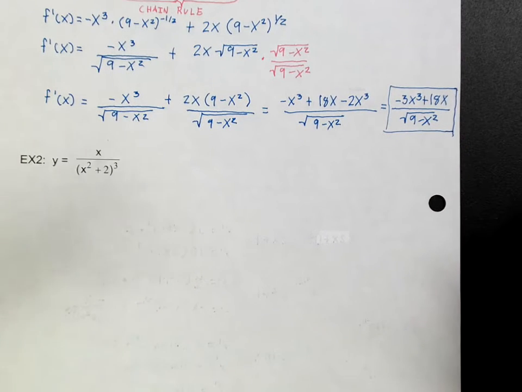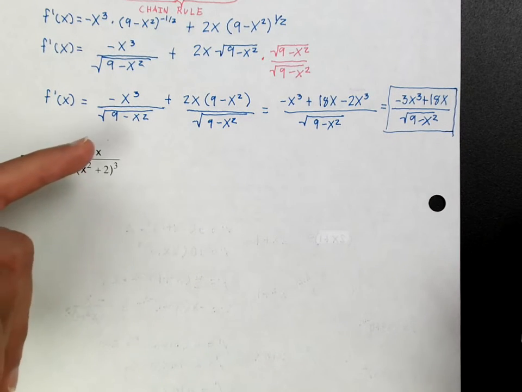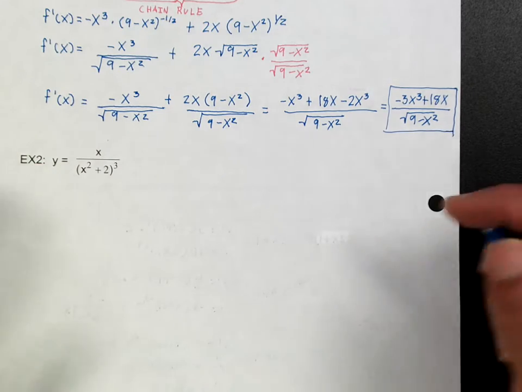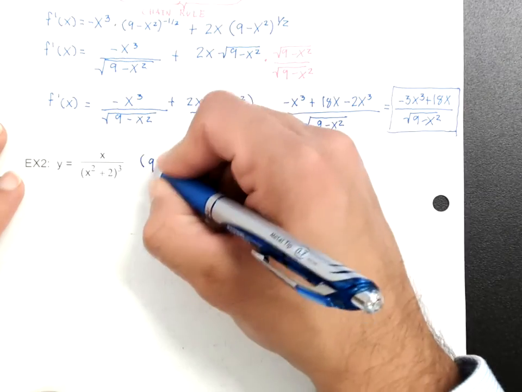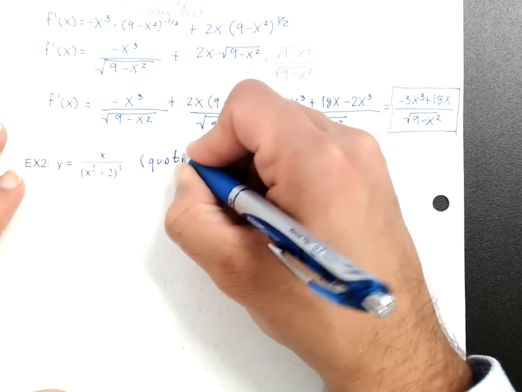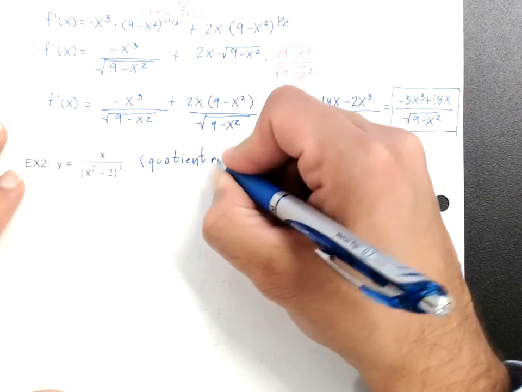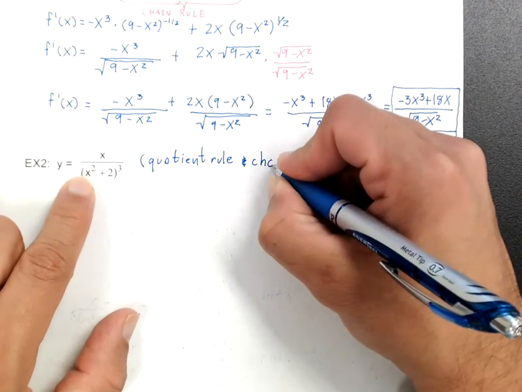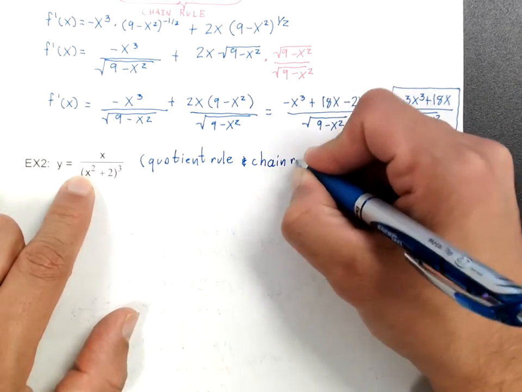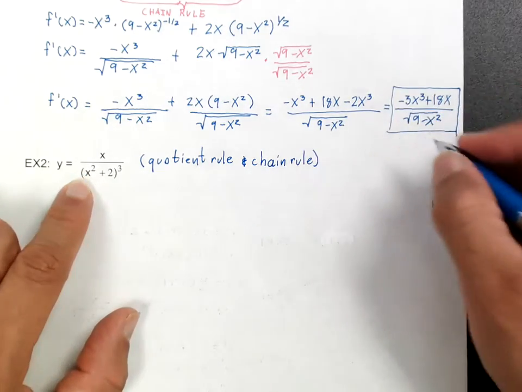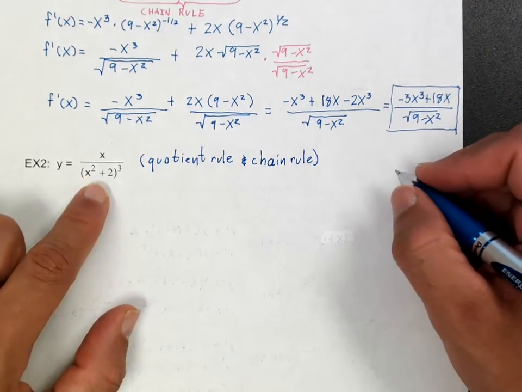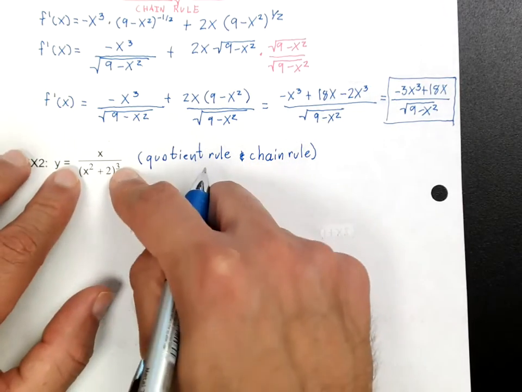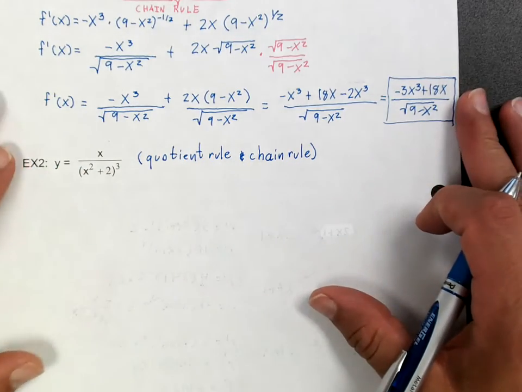Now the next one, if you look at it, I have a quotient rule here. I have a function on top, a function on the bottom. On the bottom, it's a quotient rule and a chain rule. Right? On the bottom, to take the derivative of this bottom, I am going to have to use the chain rule, alright, because I have an outer function, which is this quantity cubed, and the inner function is x squared plus 2. So,